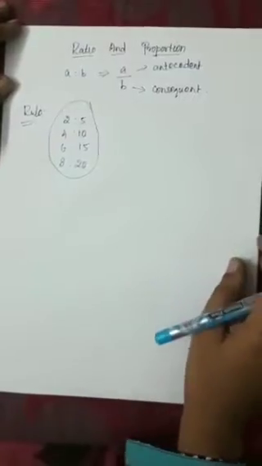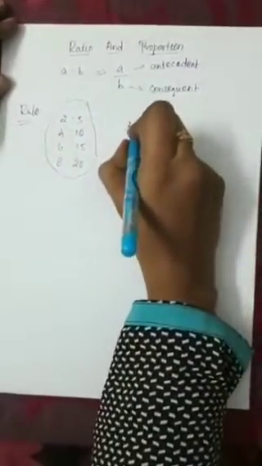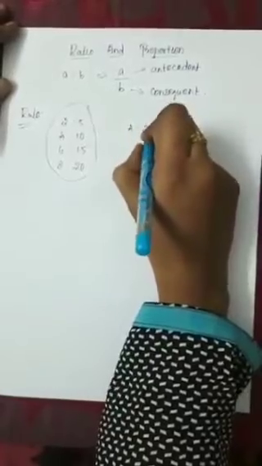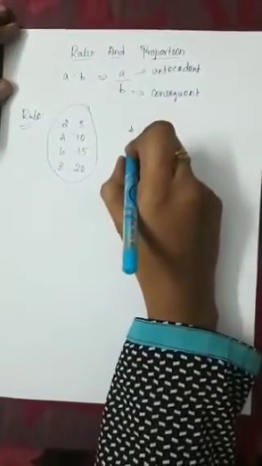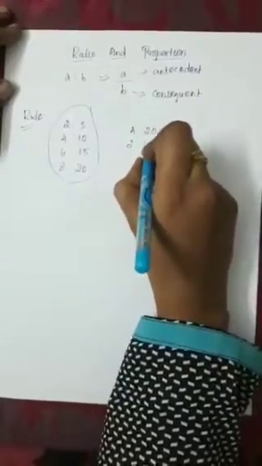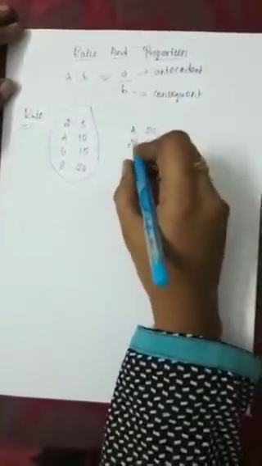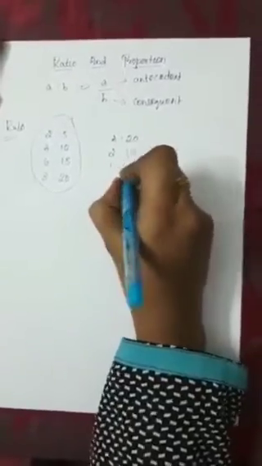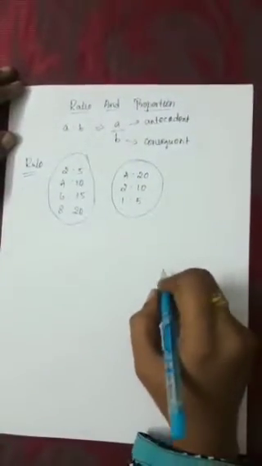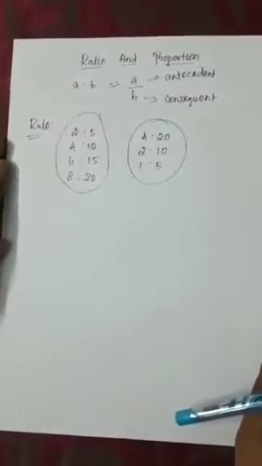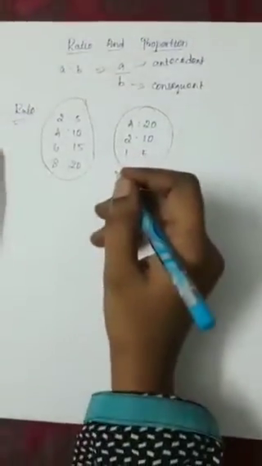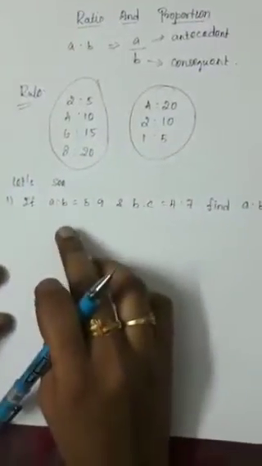And we can also divide by the same number. Consider the ratio 4:20. Divide by 2, we get 2:10. And divided by 4, we get 1:5. These are all equal ratios. So we can multiply and divide by the same number. The ratio will always remain the same. Let's see some examples in the ratio.